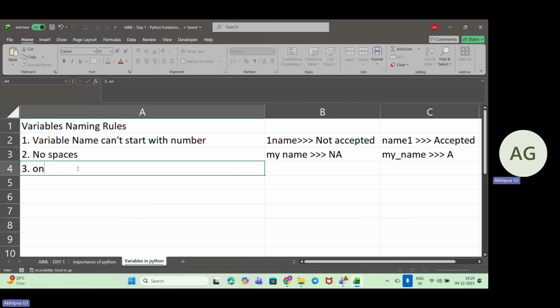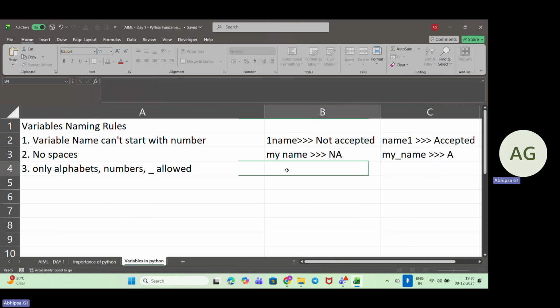So only letters or alphabets specifically, numbers, and underscore are allowed. So if my name is like total marks, in that case it is not acceptable.